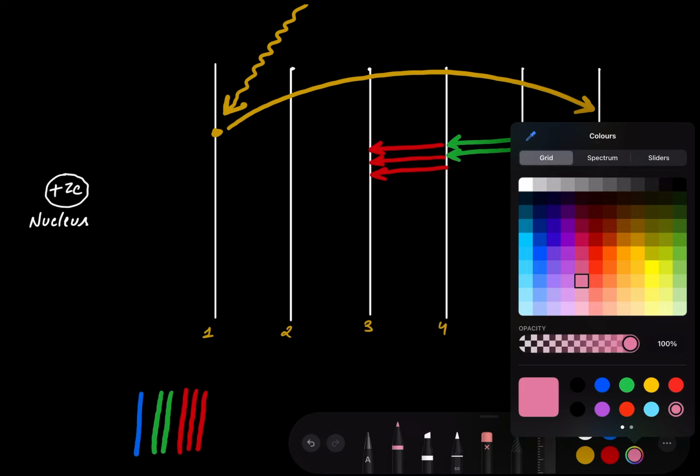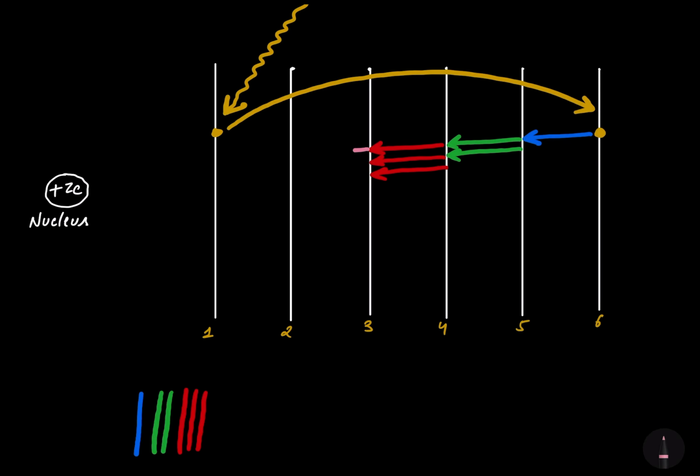Now from 3rd to 2nd, the four photons. First photon, second photon, third photon, and the fourth photon. You got the four photons, so you got the four more spectral lines: 1, 2, 3, 4. Now the electron will jump from 2nd orbit to 1st orbit, which was the original position